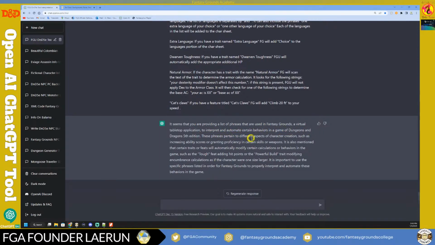These phrases pertain to different aspects of character creation, such as increasing ability scores or granting proficiency in certain skills or weapons. It is also mentioned that certain traits or feats will automatically modify certain calculations or behaviors in the game, such as the tough feature will add hit points, or the powerful build trait will modify your encumbrance calculations as if the character were one size larger. It is important to use the specific phrases listed in order for Fantasy Grounds to properly interpret and automate these